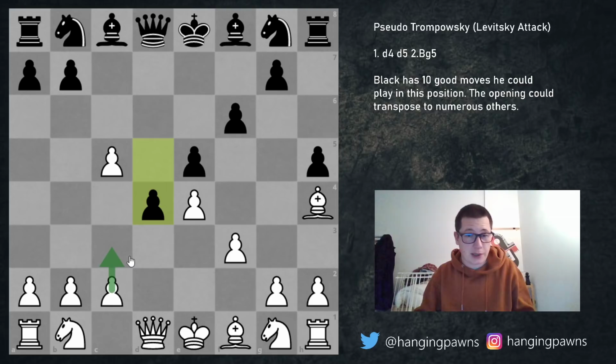This pawn is going to be undermined sooner or later. For the moment, white is also a pawn up. A pawn that cannot be defended easily, but it can be defended. This bishop is not bad at all. It could retreat to f2. So